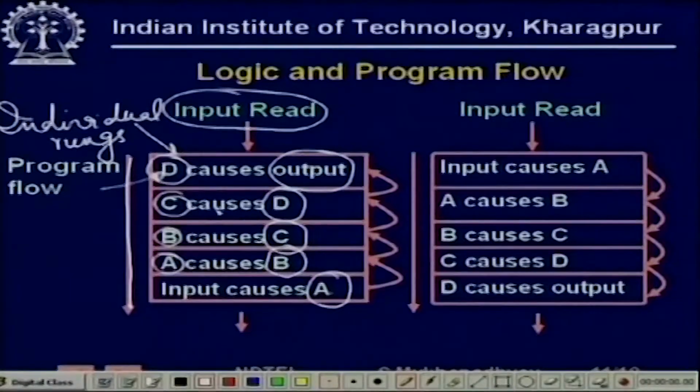Similarly, D will not be updated because we will use the old value of C. Similarly, C will not be updated, similarly B will not be updated. However, A will be updated because now you have got a new value of input. In the next cycle, this changed value of A will cause a change in B, while C, D and output will still remain unchanged. So, in this way, just because we have organized these programs in this fashion, we will get a 5 scan cycle delay between an input read and an output change, which is completely unnecessary,